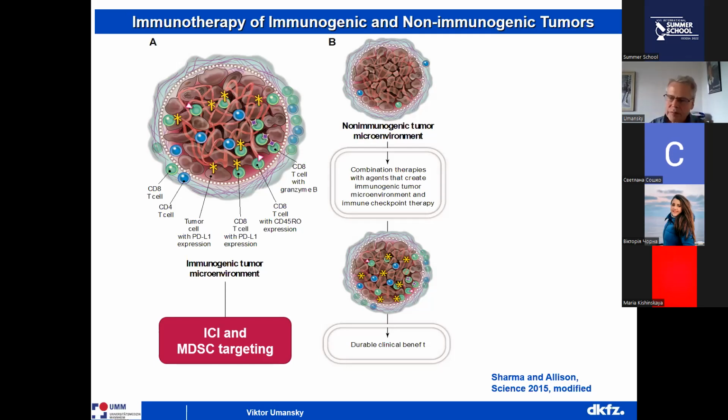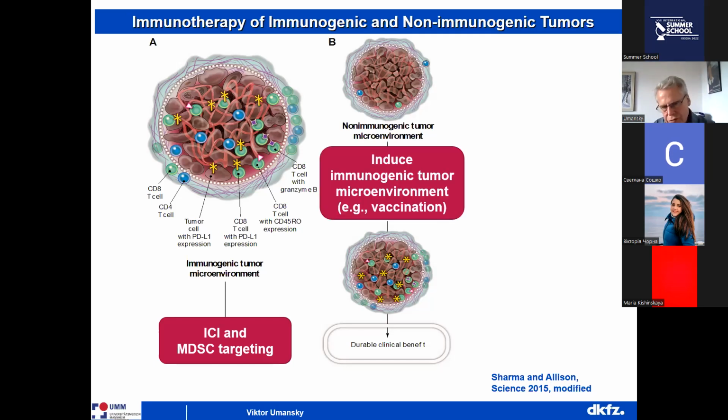That's why it's strictly important to make a profiling of MDSC from the patient, just to know which exactly mechanism is working. With a non-immunogenic tumor, we should first induce an immunogenic tumor microenvironment, for example, through vaccination with